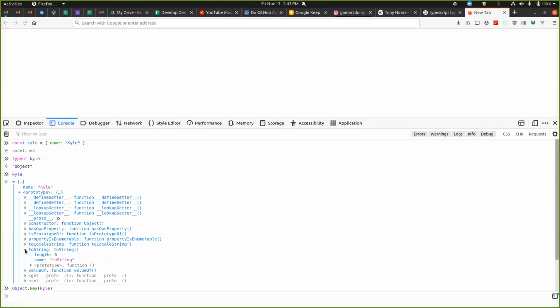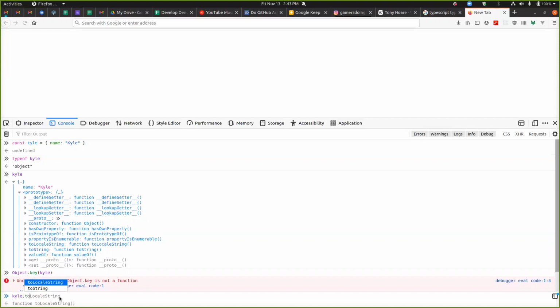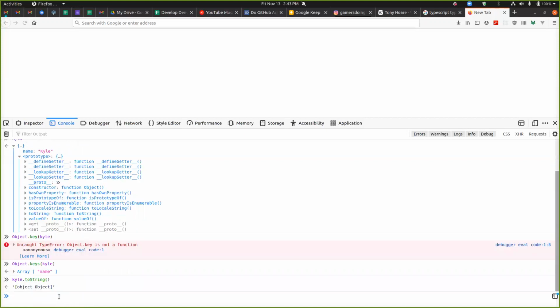So this has a toString function on it, and it's in the prototype. So I can call Kyle.toString and it'll do something. And it turns it into that.